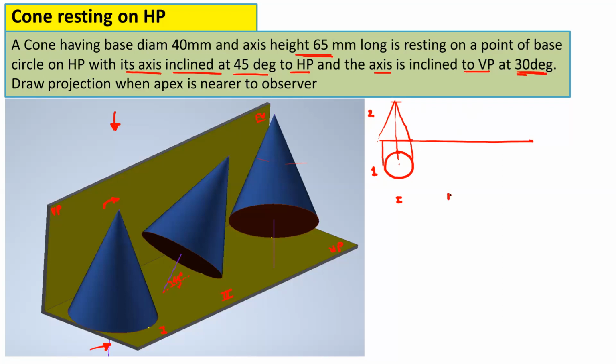For the second stage, you will start from the front view, because this front view in the first stage and the front view in the second stage both are same. So just incline this. So you can draw one line. So this is the axis line at an angle 45 degree. Then this is the baseline. So this line, okay, and then complete the front view as it is. So this is the third step in the second stage. Take the projection.